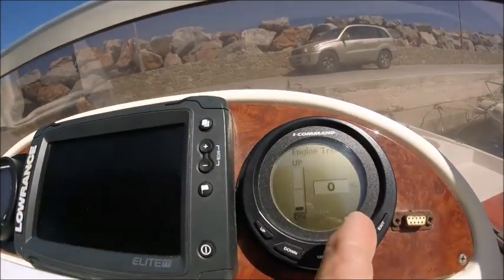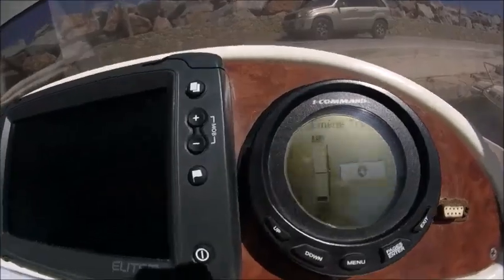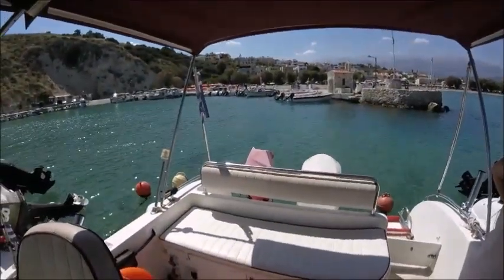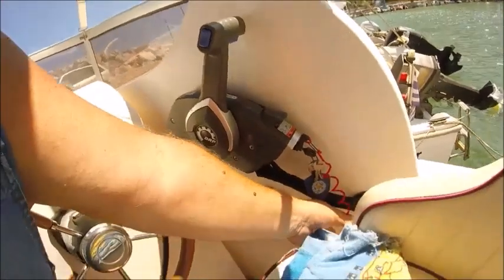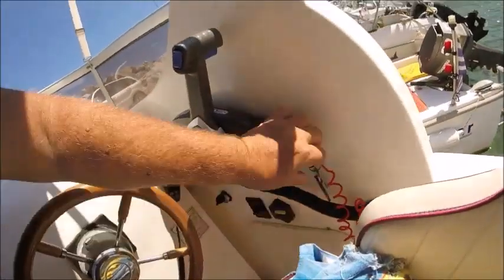My tilt engine, the engine trim is all the way down, 0. Okay, so that's cool. There's the engine, that's tilted right the way in there. So now I'm going to start the old girl and warm her up. I always prefer to warm her up before, and of course we've got the safety gear here as well to wrap around the wrist shortly. Okay, I'm going to turn the ignition,